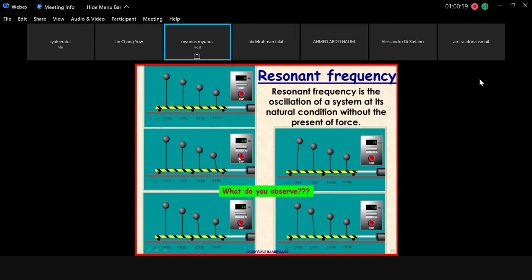Then you increase the speed to 2.6. So the second will be vibrating, but not 1, 3, and 4. They will remain stationary. Keep doing that, the same thing, until you reach 1.4. The same thing, the first three will not be moving, and at 1.8, 1, 2, and 4 will not be moving. So to prove this one, I have another animation, which is more interesting. Before that,